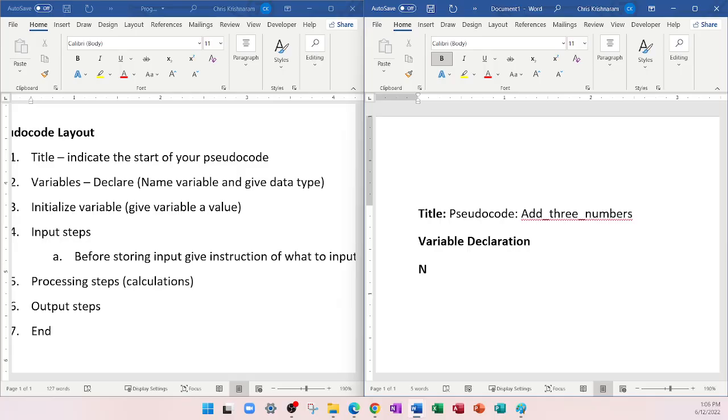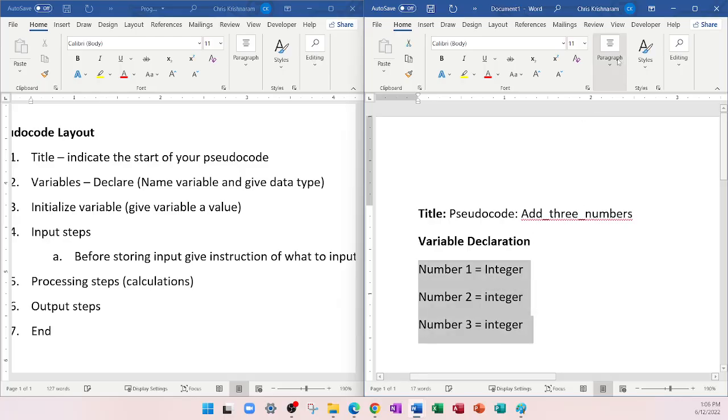Number 1, and it's equal to what type of data, integer or real. In this case, I want it to be an integer. Now number 2 equal integer, and number 3 equal integer. So I'm declaring 3 variables here. You could do it in this method here,